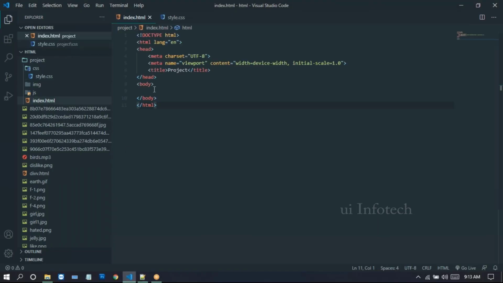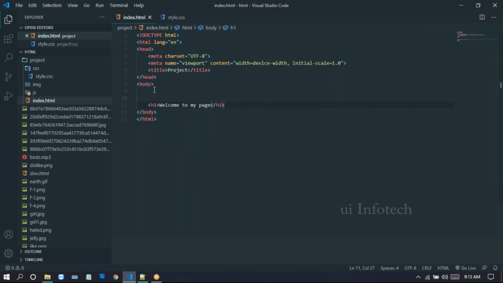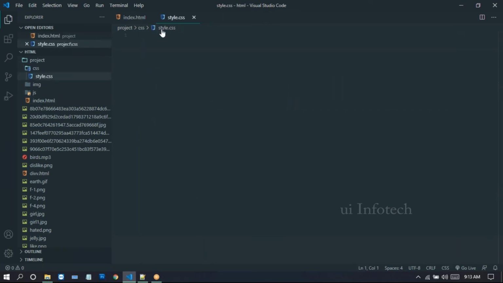Now we need to give a link to this one. Here I'm just opening this Visual Studio. For this index.html, here I'm just writing h1. In the h1, just write welcome to my page. For this h1, we need to apply the styles.